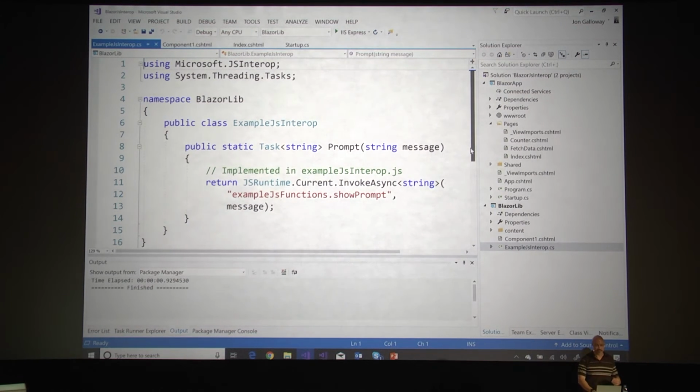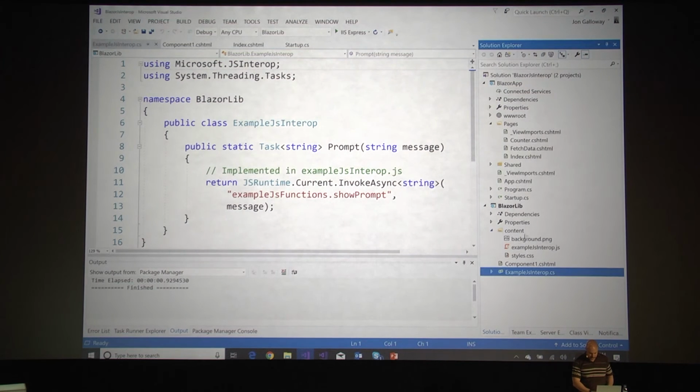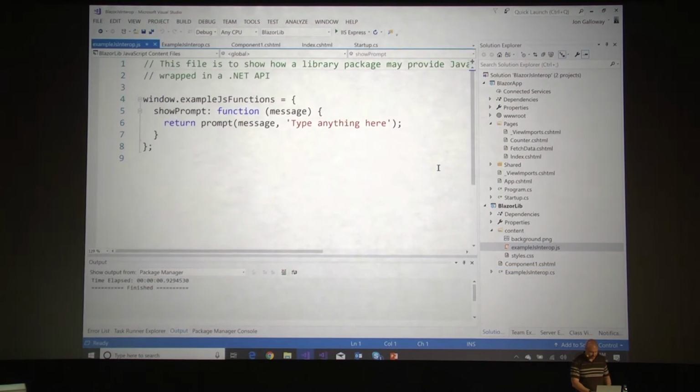And this is all set up for you if you do the new Blazor lib. So now let's look at that. This is using everyone's favorite JavaScript function, the prompt, right? So we're showing a message box and we're asking for input. So when I run this,